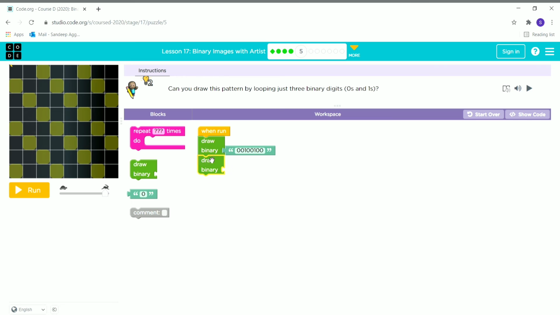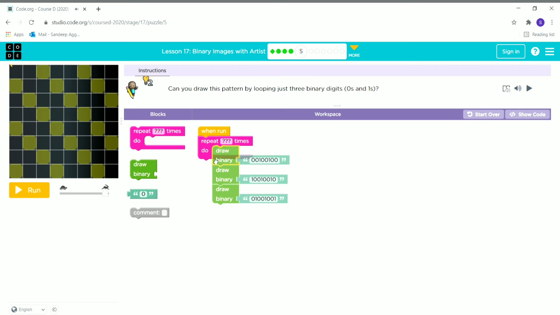Then we will put another draw binary block and there we will write 1 0 0 1 0 0 1 0. Then for the third line we will write 0 1 0 0 1 0 0 1 and we will repeat this 3 times. Now let's see if it's working.